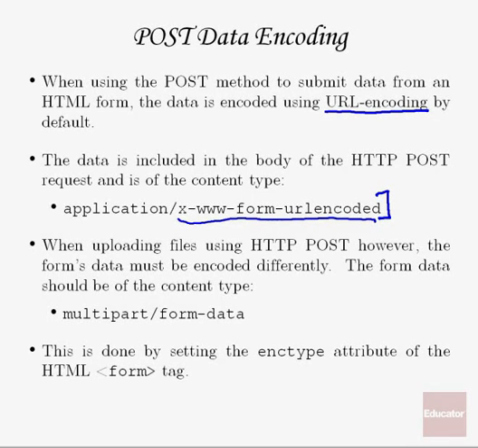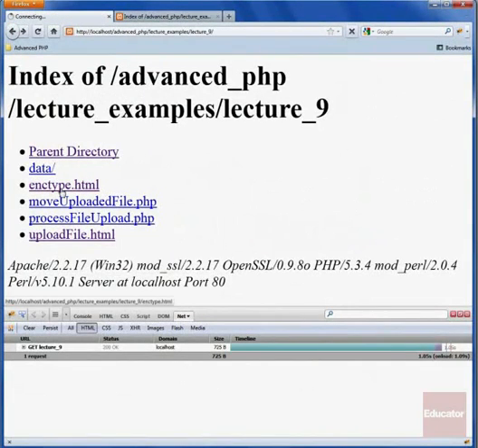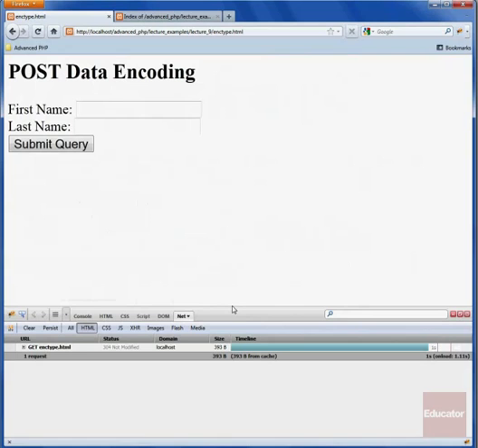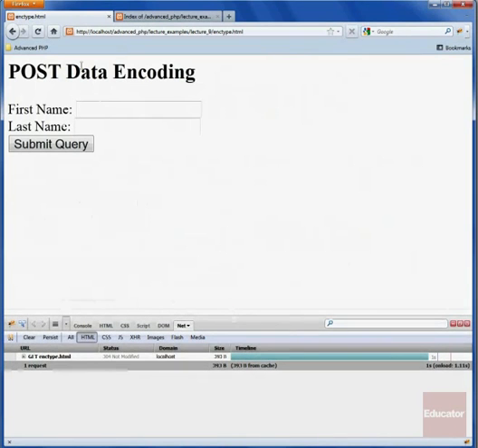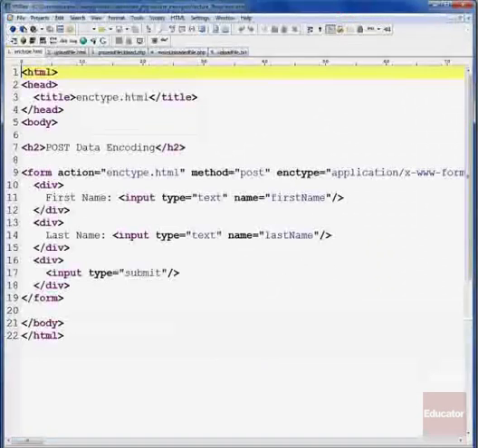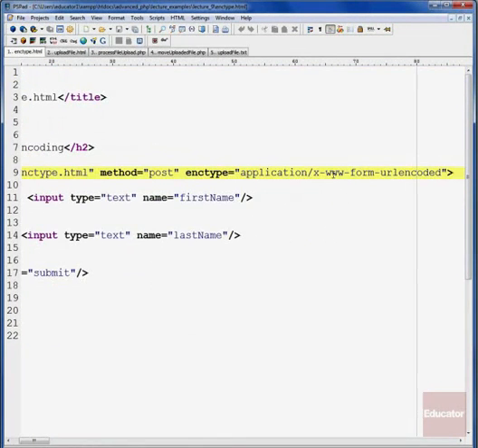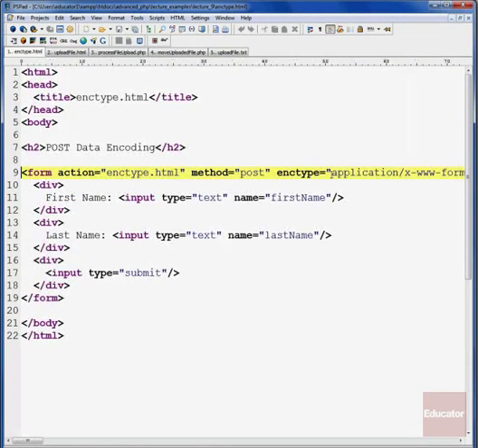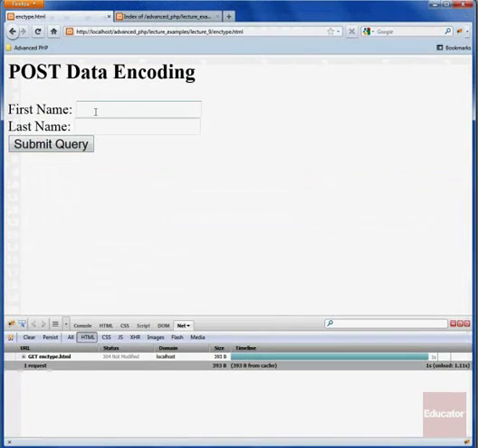And actually, if we look at, for example, a form we're going to be working with today called enctype.html, which refers to encoding type, it's a form that is going to allow you to just basically submit a first name and a last name. Here we've explicitly set the encoding to this URL encoded form, but if we left it out, that would be the default. And so if we go ahead and submit the form, and we use our Firebug add-on